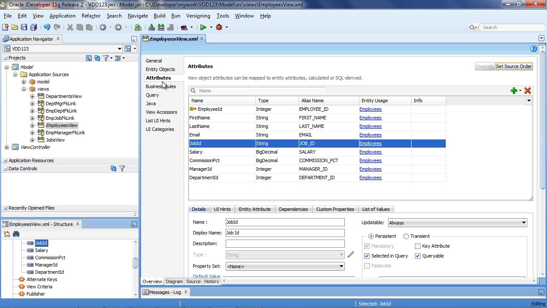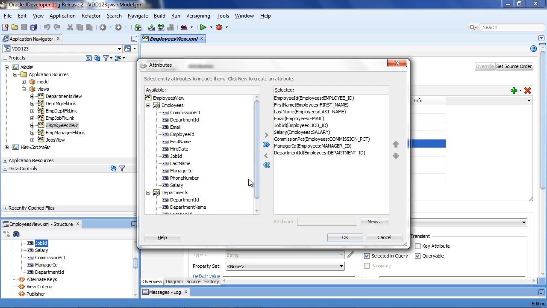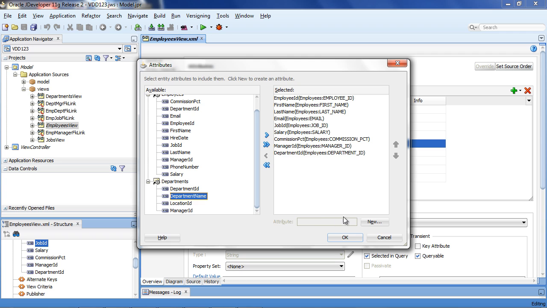And that means we can now say this view, again like a data block in Forms, and we'll add an attribute from the departments entity, which is department name. So now, as well as bringing back an employee record, we're also going to bring back the department name for the department ID for that record.